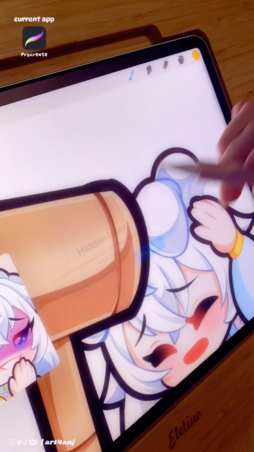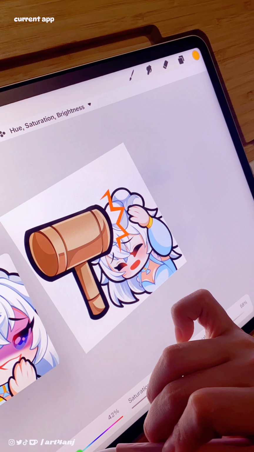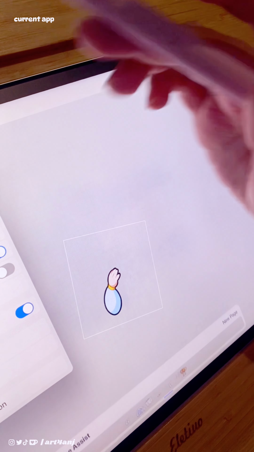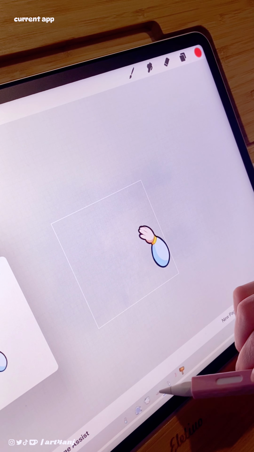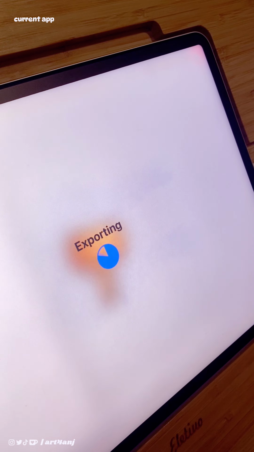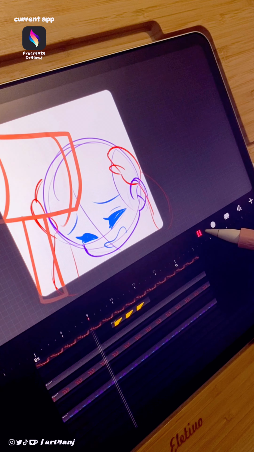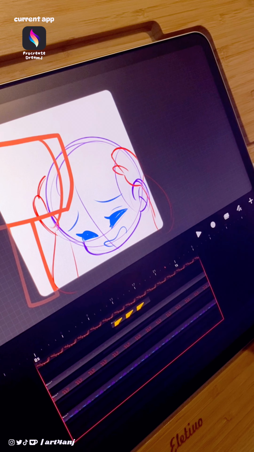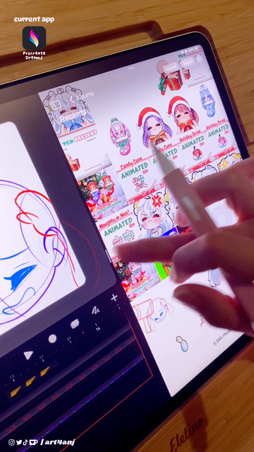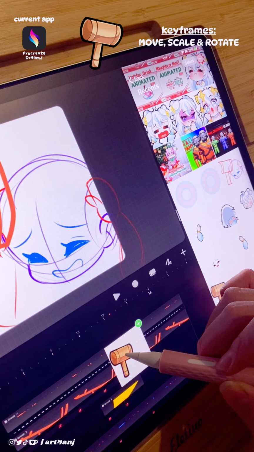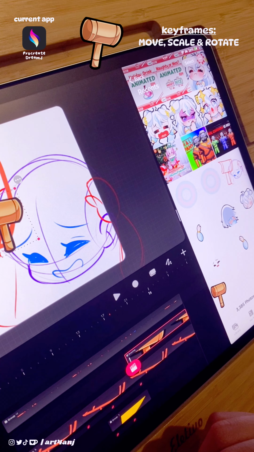Okay, I'm almost done with all the layers here, and I actually made the mistake of exporting the PNGs on my gallery, which I didn't need to do because you can just put Dreams beside Procreate and drag the layer that you want going there. It was my first time doing an animated emote in Dreams, so in a way, I was just happy to find out that I can do that.